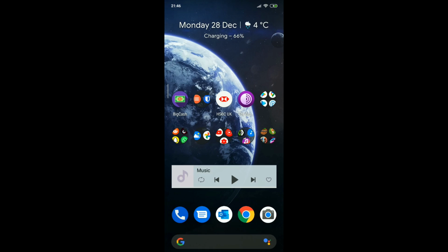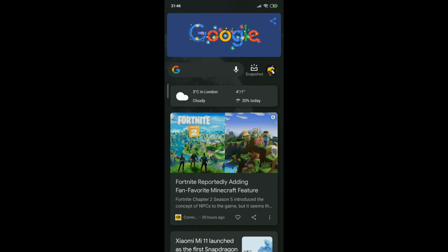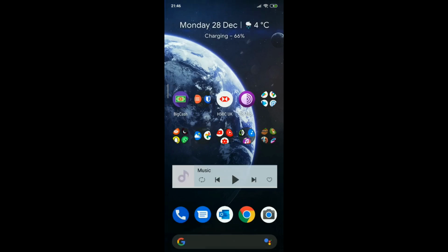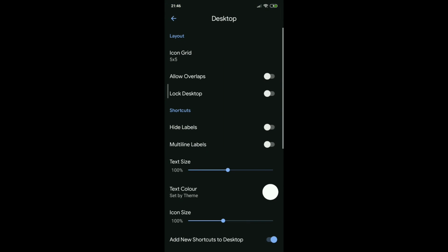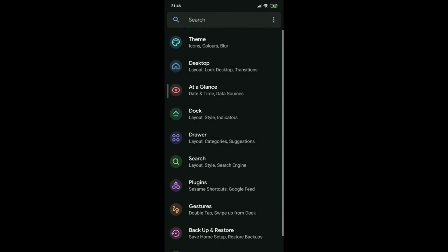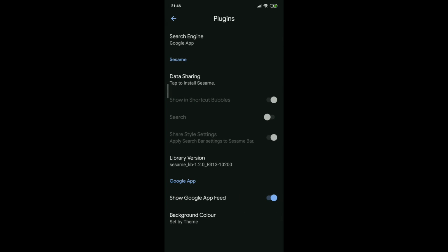Once you've done that, as you can see on mine, there's this little bar at the side. This is called Google Feed. So what you want to do now is long press again on the home screen, go on home settings, and then go on plugins. Once you're on plugins, go on show Google app feed, and if you turn it on,